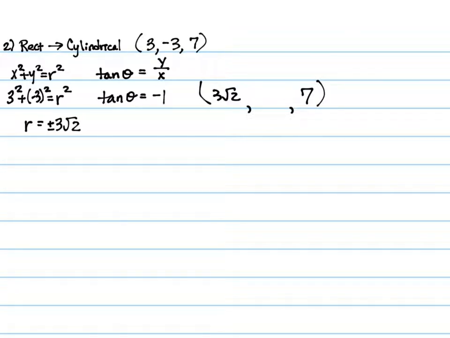Yeah, negative 1, because I have negative 3 and positive 3. So my theta value, you can think of it as an inverse tangent, or you can do it as a unit circle directly. But where do I have a tangent value that is negative 1? 3 pi over 4. Okay, so that's one of them, and 7 pi